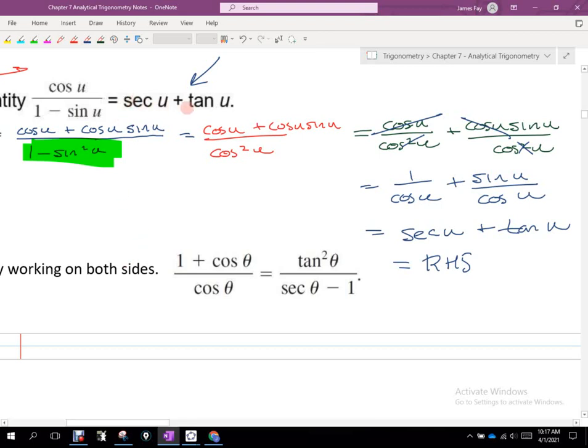If you would have started with this side, what happens eventually is that I'm not sure if 100%, but I think you get down to something like that eventually. Okay? No, you don't get to that. Well, let's just do it real quick. I think we might have time. So if I start with secant u plus tangent u, I was just going to do it down here. Secant u is 1 over cosine. That's what most people are going to write it as, right? And then tangent u is sine u over cosine u. So ultimately what you're going to do is start at this end and work that way,